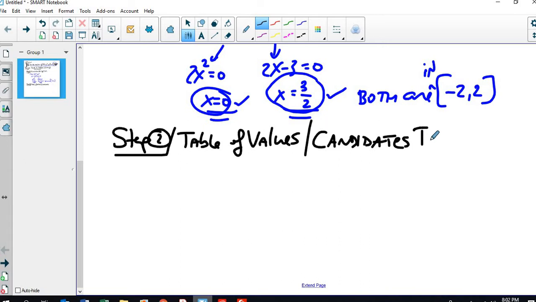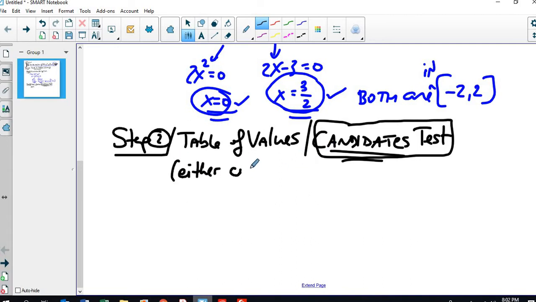Candidates test. What does that mean? Well, what is a candidate? A candidate is somebody who is running for office or somebody that is possibly going to fit what we're looking for. That's a candidate. And so candidates test means we have candidates for our absolute maxes and mins, and there's only two of them. The candidates are either